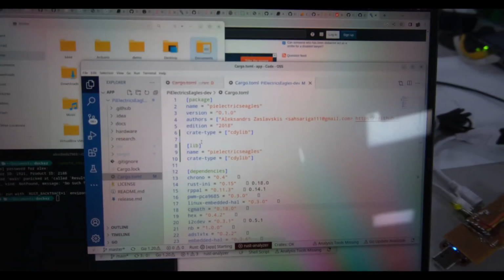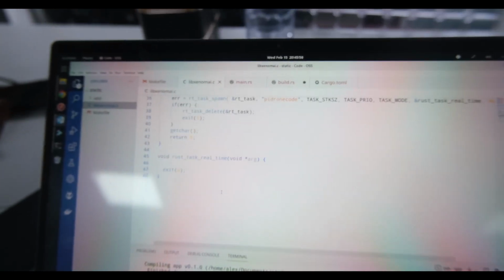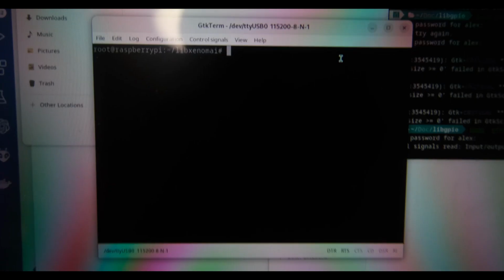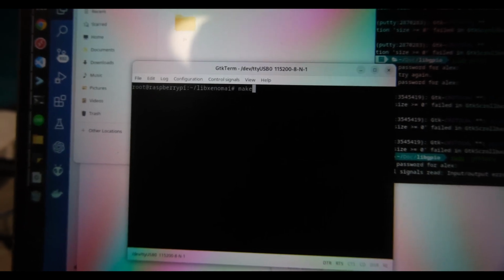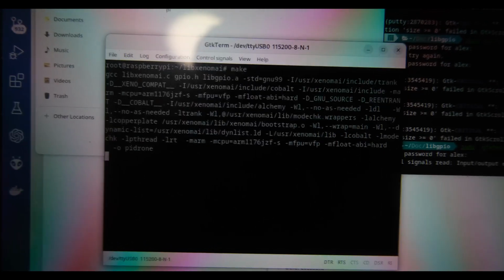And one more thing that I'm doing right now is turning our Rust code into a library, for one really good reason. The reason is I'm using Hanami, and I will import our code as a library and just run it there, so import the function and run this function as real time. So finally I managed to get it working. What I do is make, and I'm compiling all that stuff.